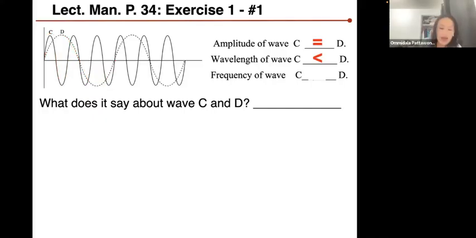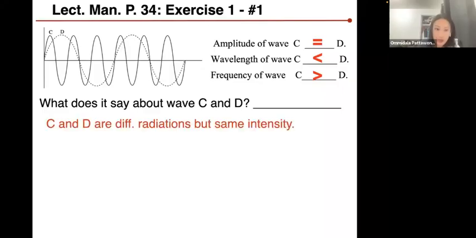For frequency, if I give this as a given location, you probably notice that there are more cycles of C pass through this given location per unit of time in comparison to D, right? So therefore, C would have a higher frequency than D. What does it say about wave C and D then? Okay, so C and D are different radiations, but they have the same intensity. So again, if these radiations fall into the visible light, they are going to represent different colors of light,